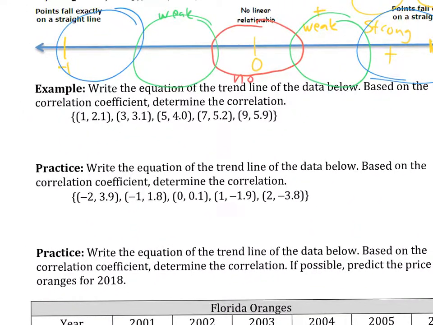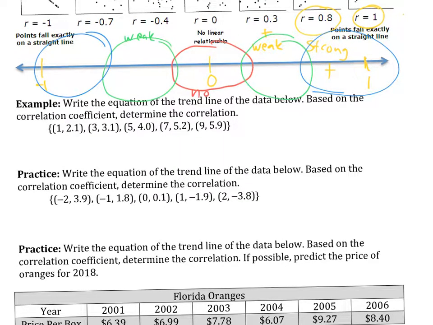So let's walk through this example. I'm going to use the TI calculator in order to walk through it. Again, what are our steps? We're going to clear out our data from before, and we're going to enter this stuff into L1, L2. We're going to do our graph, our scatter plot on the calculator. We're going to draw the trend line, and we're going to figure out what the trend line is, right? The equation of the trend line. And we also want to know what R is, and we're going to make a comment on the correlation. When I did my calculation,